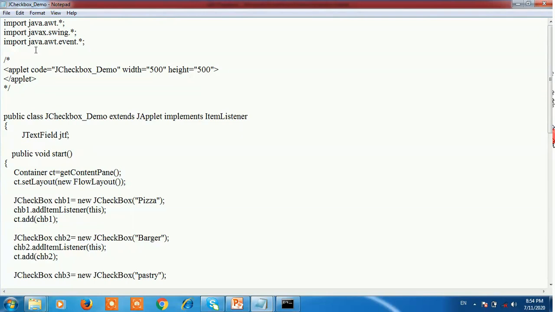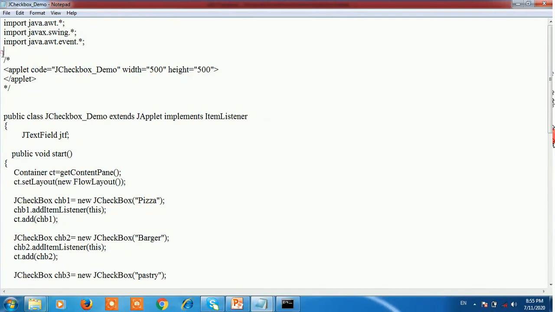In this program, we use the ItemListener interface, so the event package is used. When you click on a particular checkbox, that event is executed and that item is displayed in the text field.